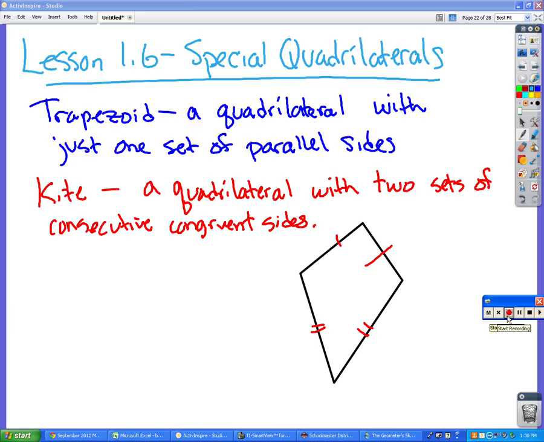Okay, so a trapezoid, as I'm sure most of you are already aware, but just in case you're not, we'll just take a look at all these. All of these are going to be quadrilaterals, so they're all four-sided shapes. A trapezoid is the case where you have one set of parallel sides, exactly one, not zero, not two,